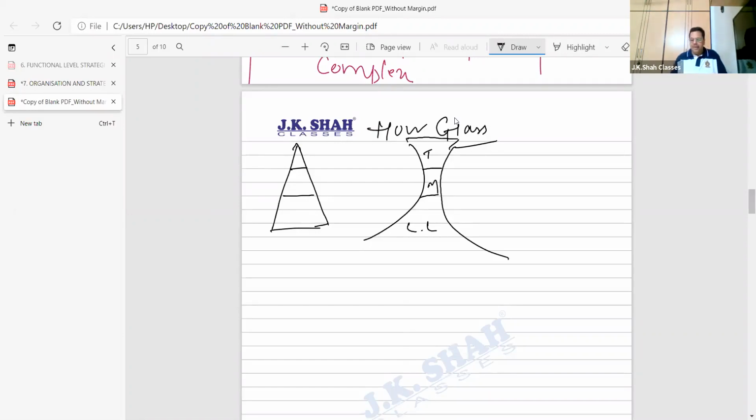So what do you realize, Malika? Come on, tell me. The top level has become a bit wider. The middle level has become narrow. And the lower level has become the widest. So there's a change. Now why like this? Very easy. I'll give you an example. With that you can relate a bit to what is happening. This is actually an example with which the concept can be clear.